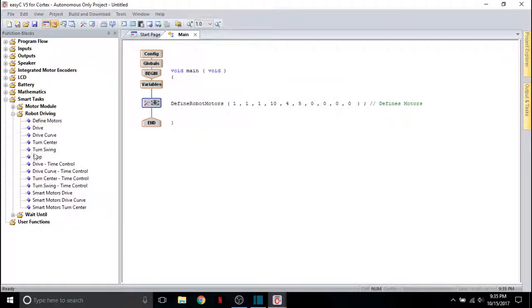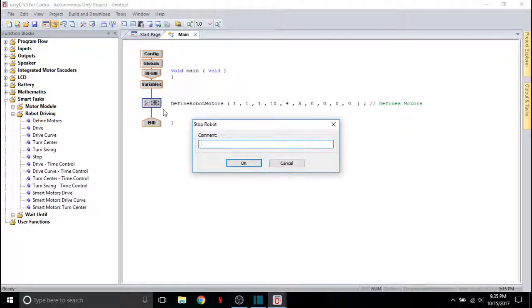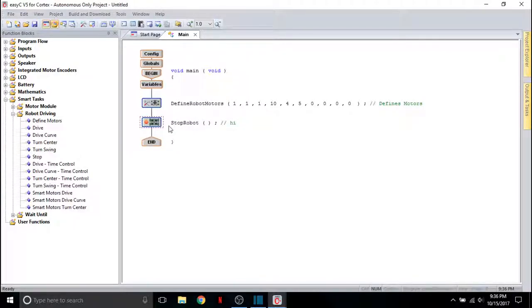And then in order to stop, stop that. And there's nothing more to put to it. Usually your comment would be something like stops movement. And that just eliminates the need for you to have long strings of motors and wait commands, because after that we have the same thing, except now it's with